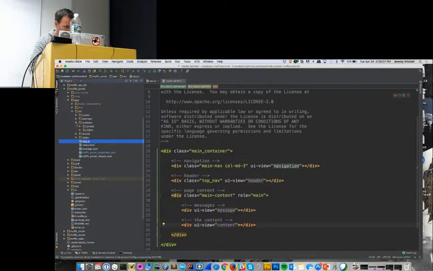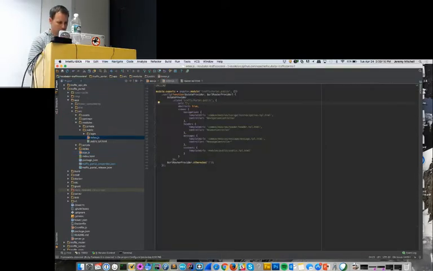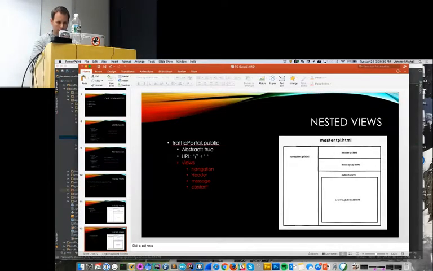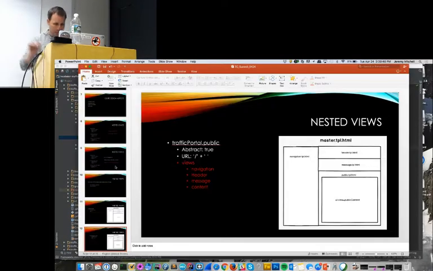So if you go into modules, public, these index.js files are where these states are defined. So in here, here's the trafficportal.public state. And here it says, inside the navigation view, inject this template. Inside the header view, inject this template. So its job is it took those placeholders and injected templates in there: navigation template, header, message, and public template. And then we're going to go down to the next state, which is